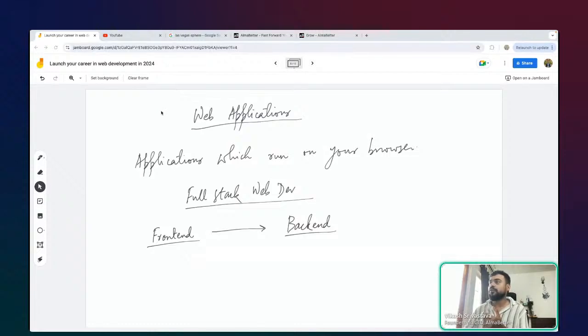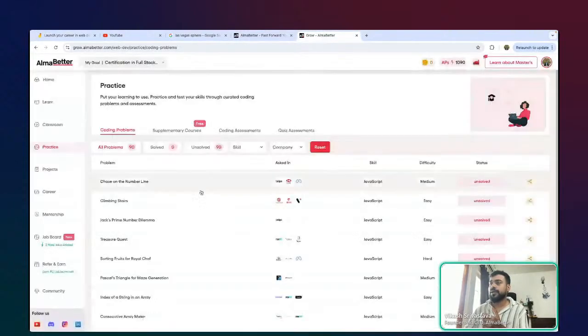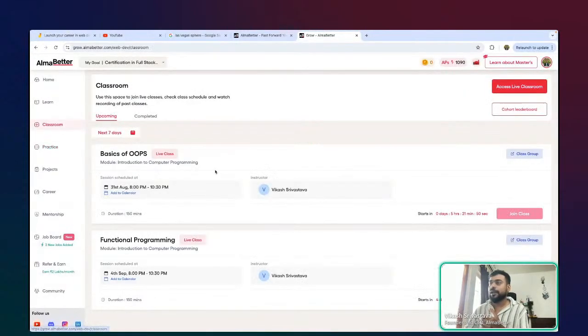So whenever I go to, for example, grow.almabetter.com, I'm essentially requesting my content, or whatever I have access to, on my front end. Now, where is this content stored, and how is that content going to be delivered to you? If I do something, there would be something that is going to happen at your account level. All of that logic, everything, is being managed in the backend.